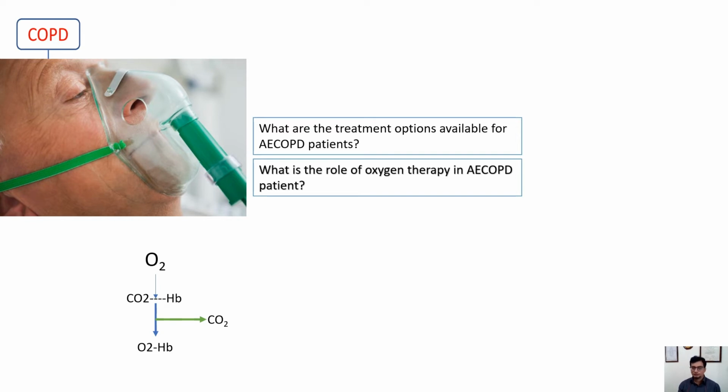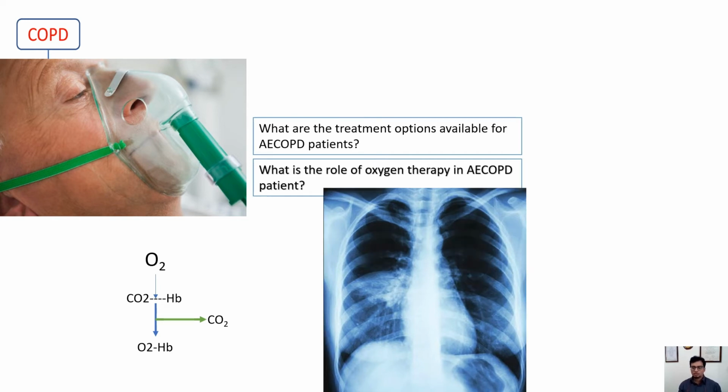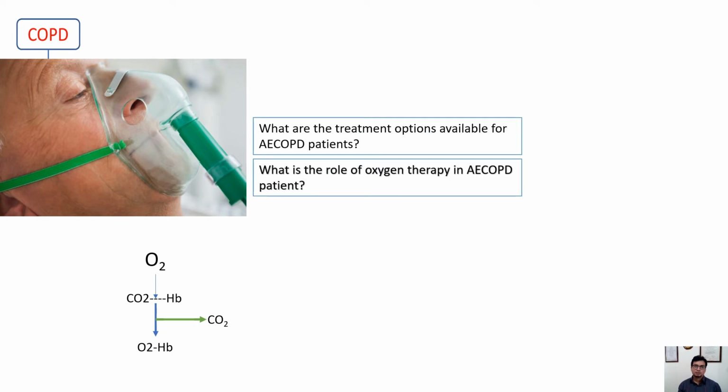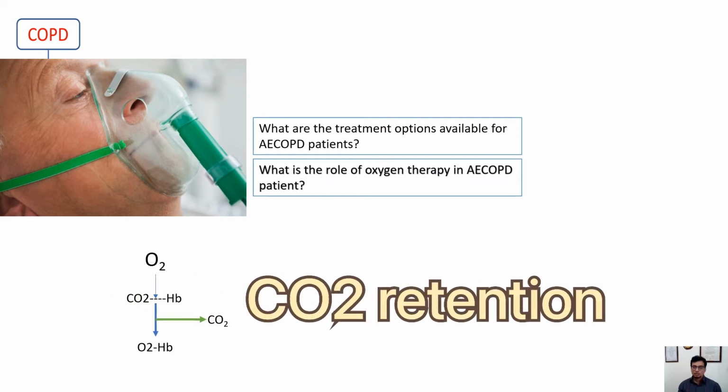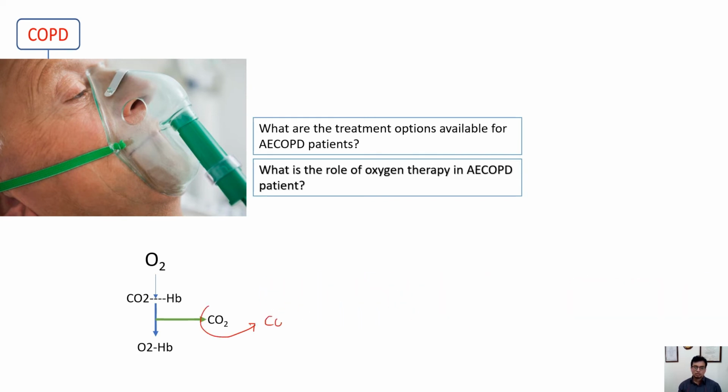So what is the role of oxygen therapy? How much do you have to give? You know that supplemental oxygen increases oxygenation, and that's important because the patient may have pneumonia and requires some oxygen to maintain the saturation, to prevent organ damage and to improve oxygen delivery to the tissue. But what happens if you are giving excess oxygen? That oxygen can displace the carbon dioxide from hemoglobin and can lead to carbon dioxide retention. So that's the possibility. CO2 will be released, and that can lead to CO2 narcosis.